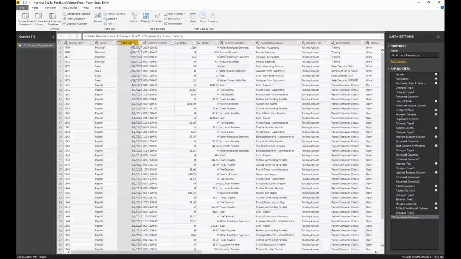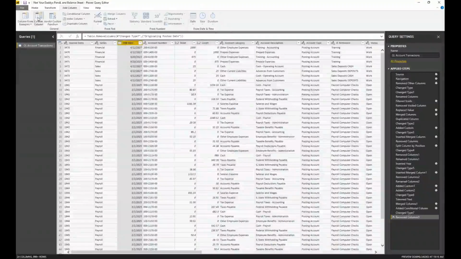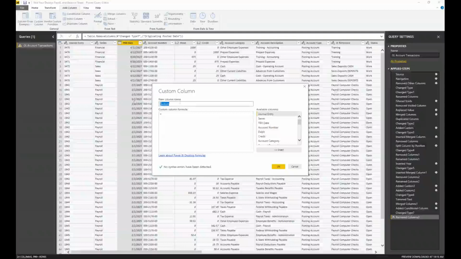So I'm going to go back to my transaction date right here, and under add a column, I'll choose date. And I don't want to do it that way. I want to do a custom column. So this is where I'm breaking my own rule over only doing custom columns for simple math or strings. And we're going to call this one BBF date.